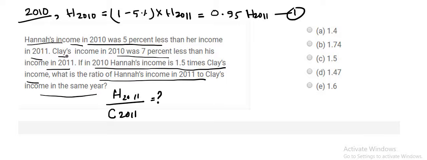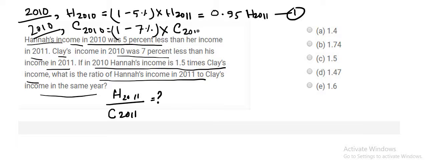And in the second line it says Clay's income in 2010. So now we're again looking at 2010, and Clay's income was 7% less, so 7% less than his income in 2011. So 0.93 of C 2011. Now it says that if in 2010 Hannah's income is 1.5 times Clay's income,